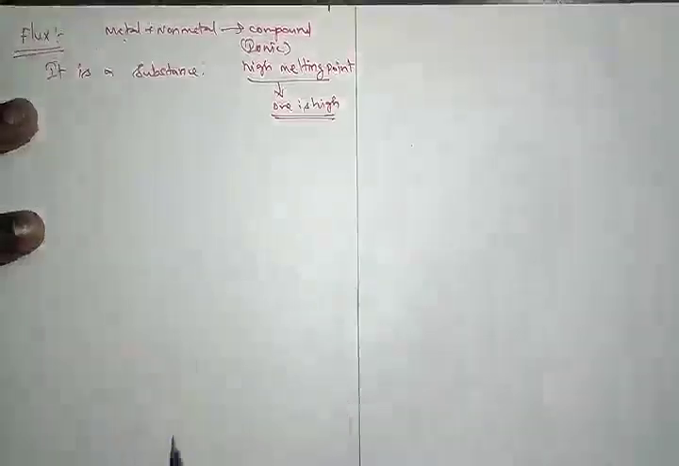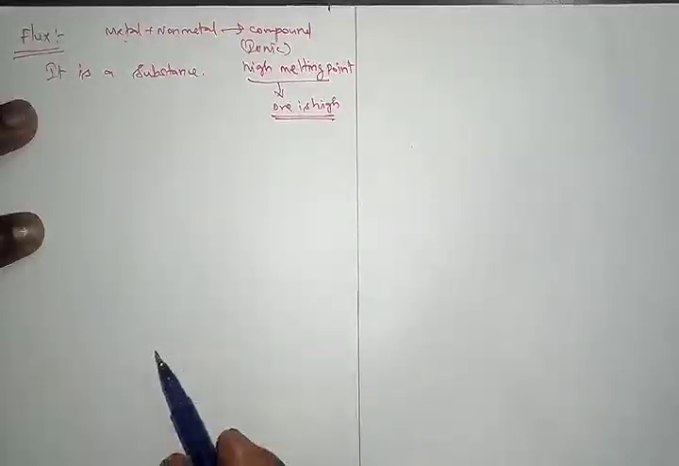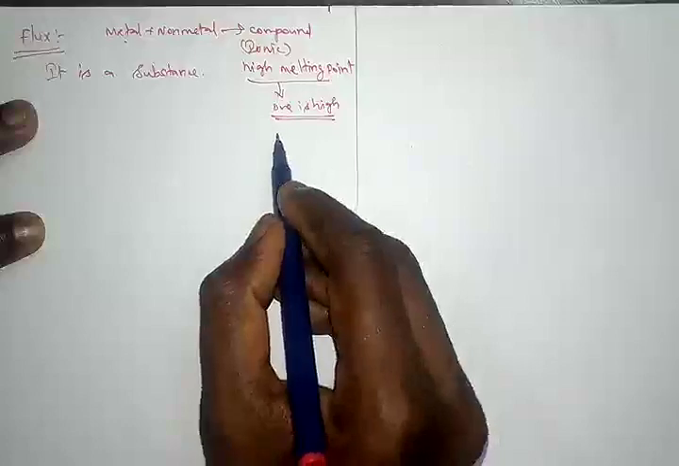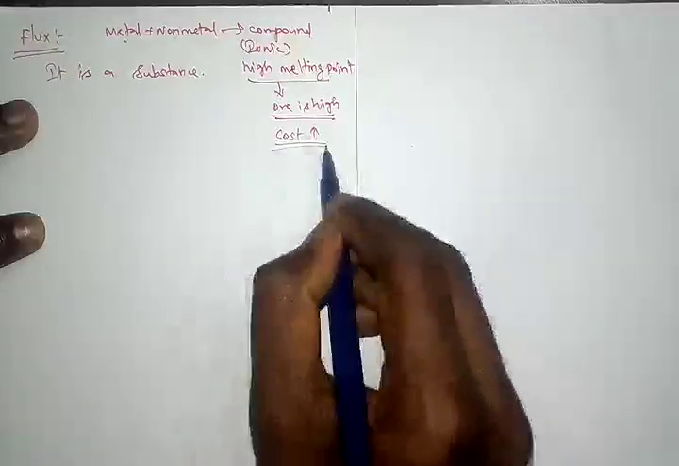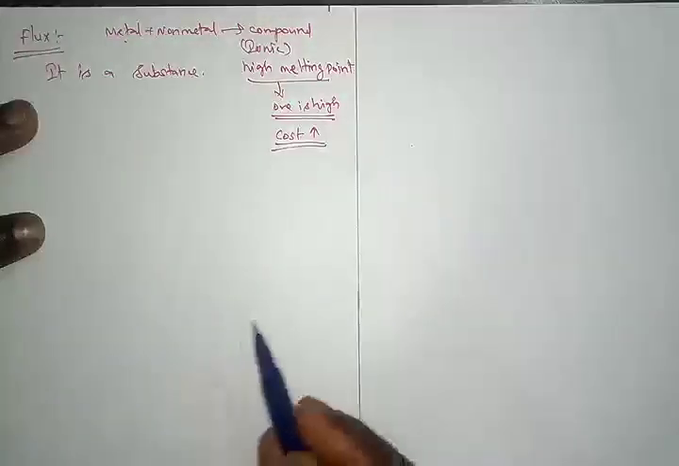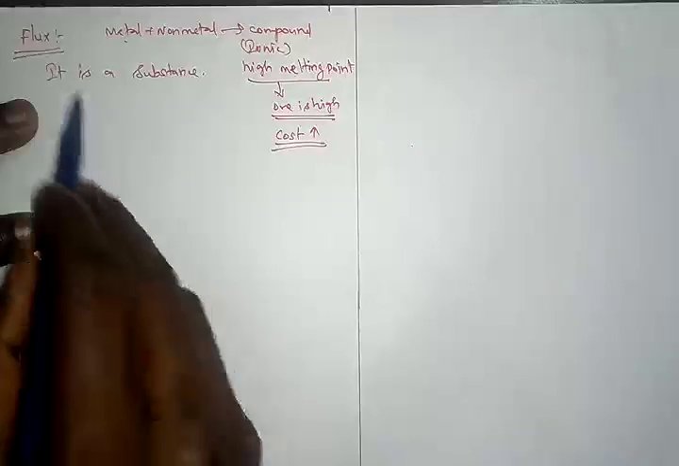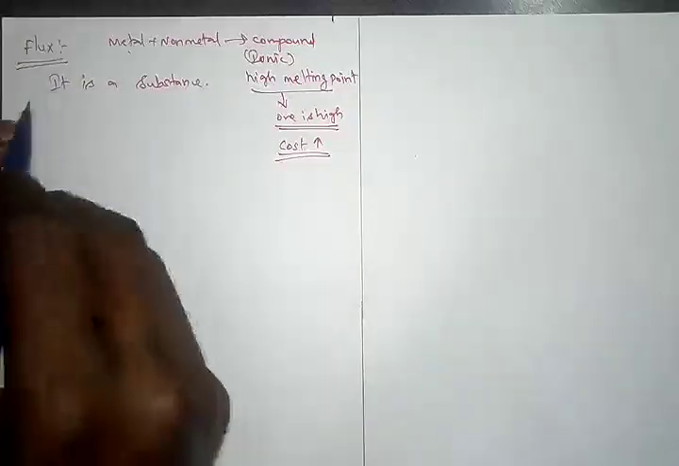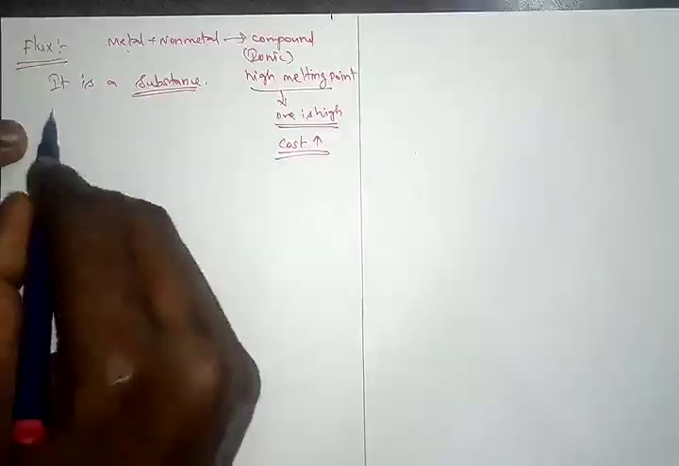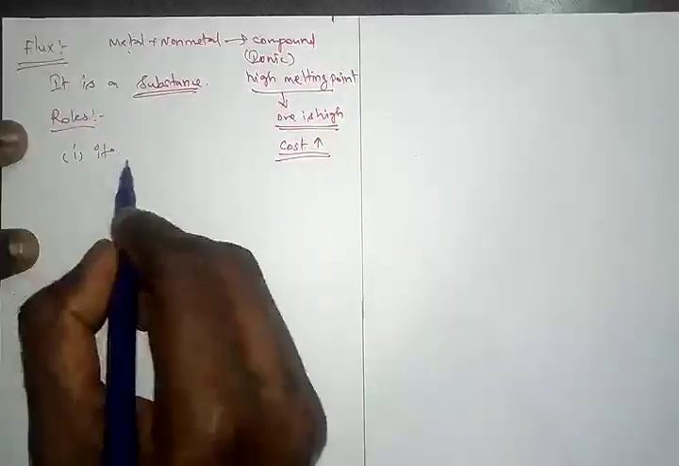So when you supply a large amount of energy to melt ores, we have to spend a lot of money. So the cost is very high, and the process is not profitable. So what do we do? We normally add a substance. The substance is called flux. What is the role of this substance? The role of this substance is it reduces